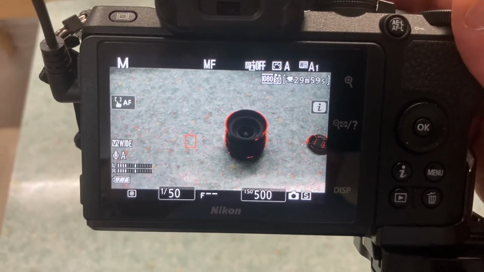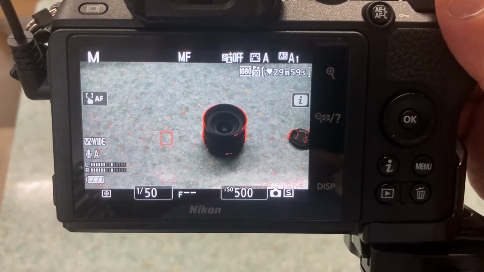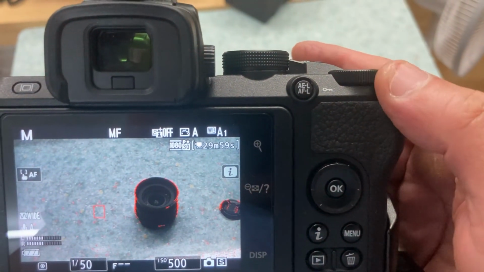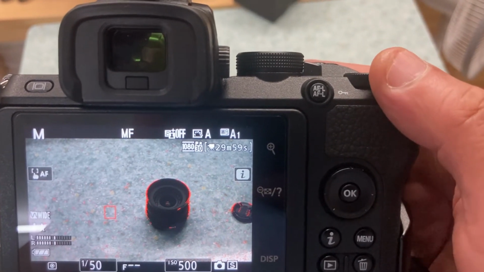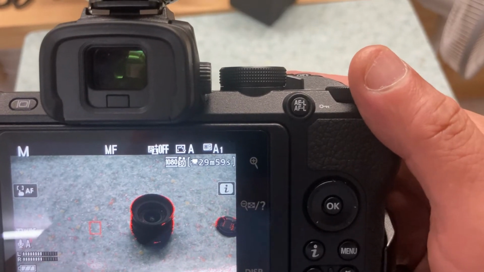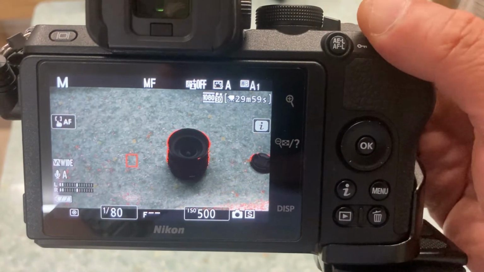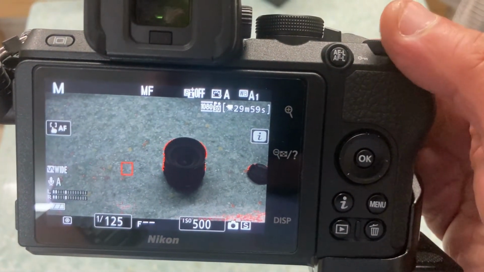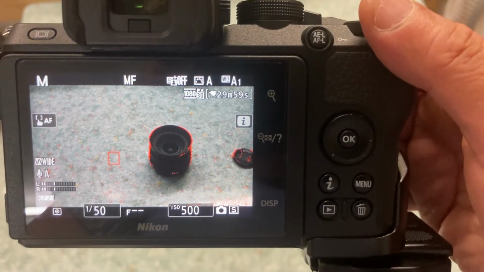Now you need to change the shutter speed number. So how to change the shutter speed number? That's easy. Just use your thumb finger to change the rear dial button. So you see, you can change it, right? Here I like to change it to 1/50. Okay, 1/50. That's it.